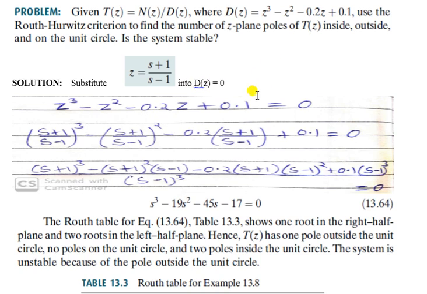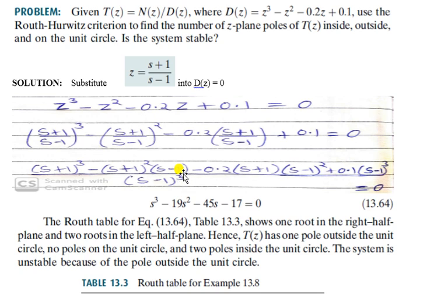So this equation is here. Now instead of the z, you will put (s+1)/(s-1), so you will get this equation. And if we take the LCM here, the LCM will be obviously the highest power, so (s-1)^3 will be in the denominator part, and you will get here (s+1)^3 minus (s+1)^2